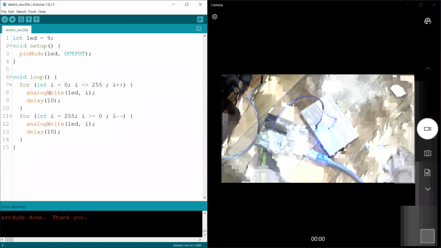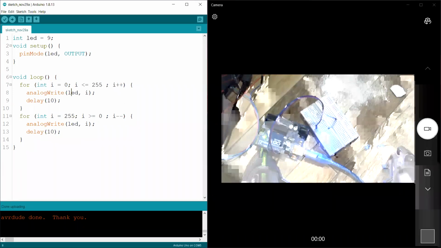All right, about analogWrite and digitalWrite. Now you can see that with analogWrite we can adjust the brightness. So let's go to the presentation and talk about that.